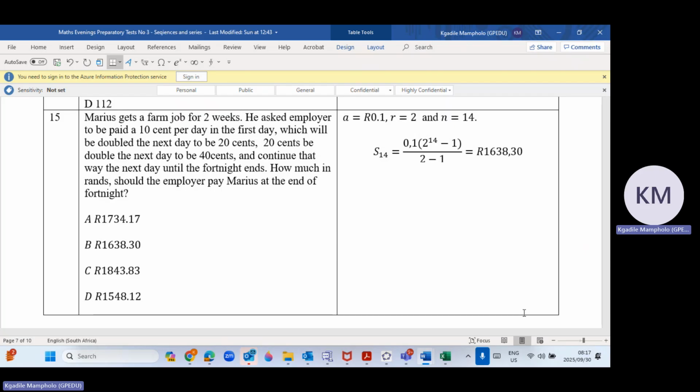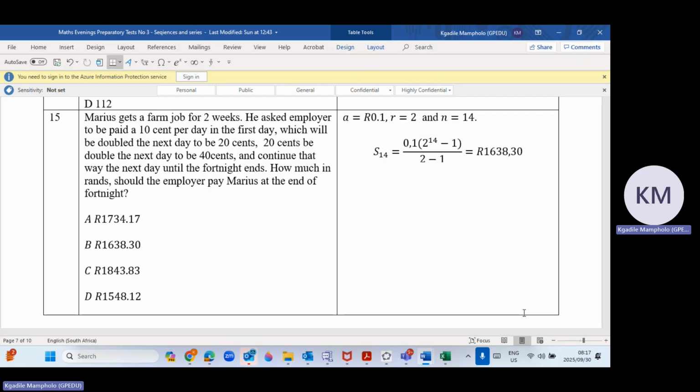Now here, you hear that if something doubles, then you multiply. If something increases by multiplication or by division, or decreases by division, then we say that is geometric, because once you double, it means there's R, it's not D. But if something increases by adding or subtracting, then it's arithmetic. When you double something, you multiply. So it means A would be